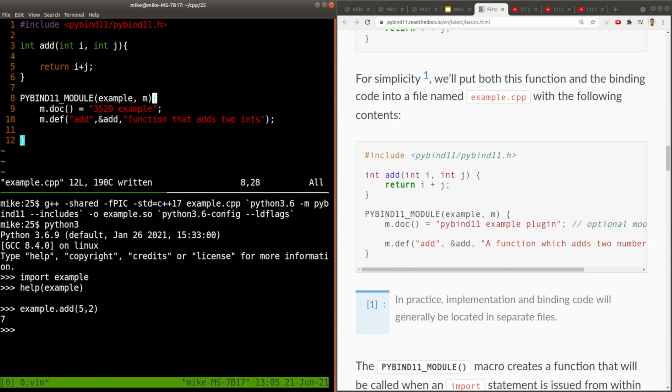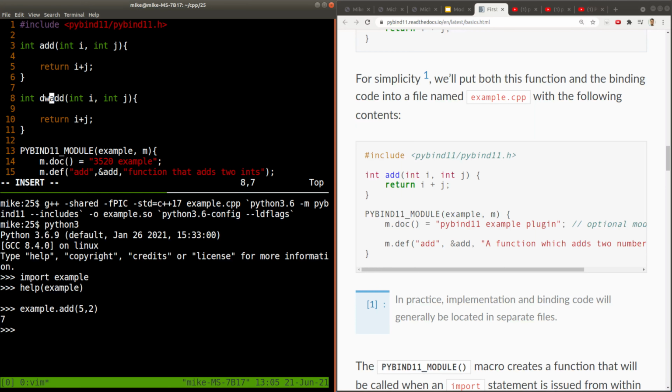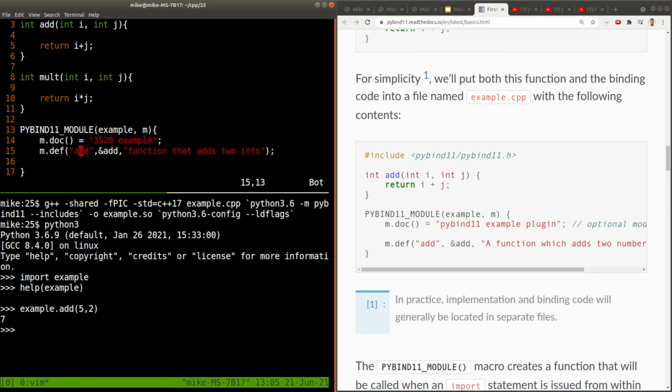And again, you could write some other functions here. So if you want to play around with this, you now have that ability. So let's just do a multiply instruction here to just sort of change this. And then we want to also export that multiply function here, mult, the actual function that multiplies two integers, okay?